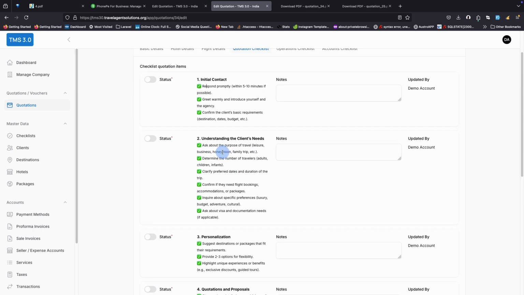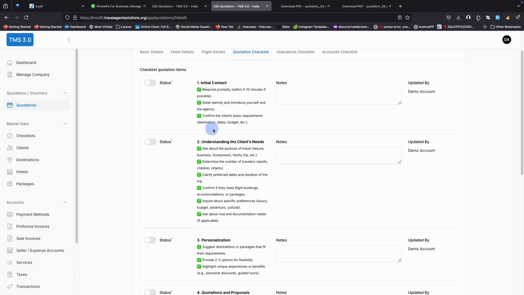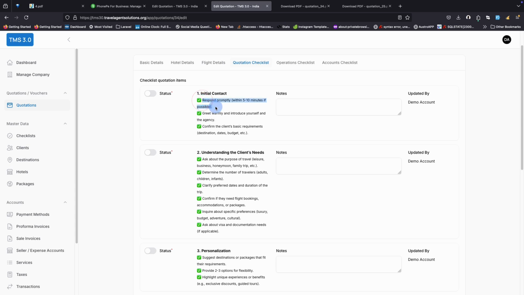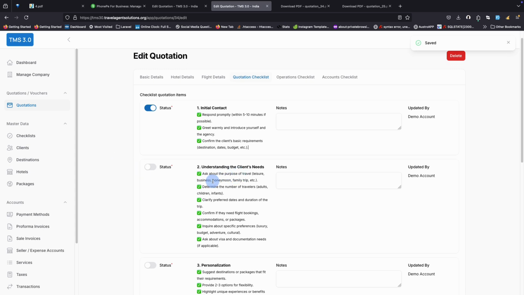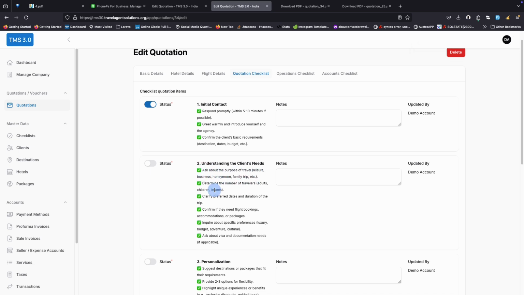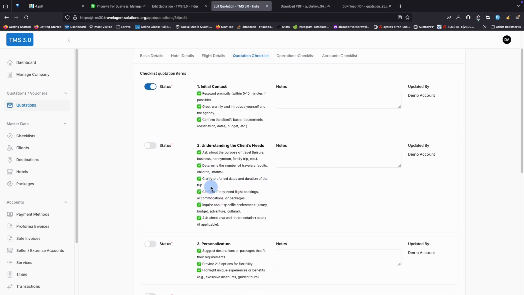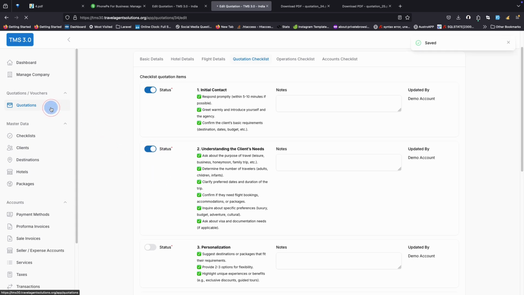Whenever you have a new project and a new lead, your team needs to follow this particular checklist. If somebody gets a new lead, has introduced the company, and all these checklist items are done, he simply needs to click on update so that the status is updated. When the second part is done, like understanding the client needs, for every project you need to ask about the purpose of the travel, determine the number of travelers, clarify the preferred dates, and all those things. Whenever these statuses are updated and you click on save,